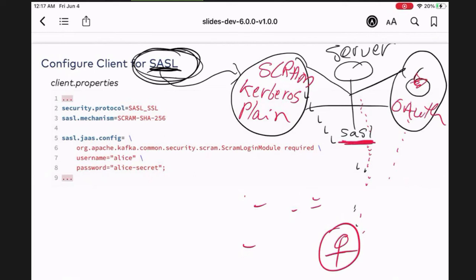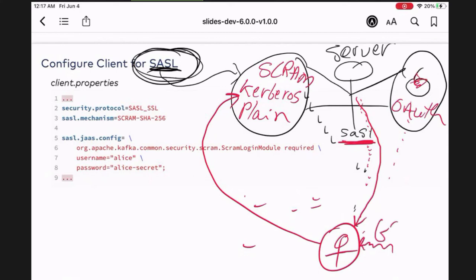So let's say this client says, hey, I want to do Kerberos. Then the server now has to challenge the client and say, hey, I'm going to see if you're built to handle this. That means the client needs to understand the GSS API, the General Security Services API, right?